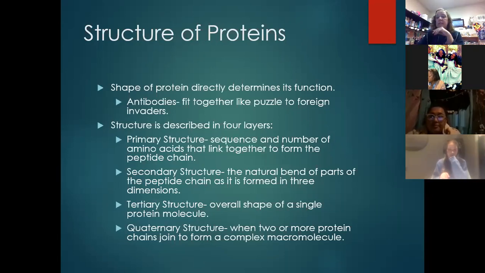Ms. Huff? Yes. Someone in chat wanted to know what it means to ionize. To ionize is to create an ion, and an ion is an atom that has gained or lost an electron. So if I lose an electron or gain an electron to change the charge, I have ionized and I have become an ion. So ionize just means to become an ion.